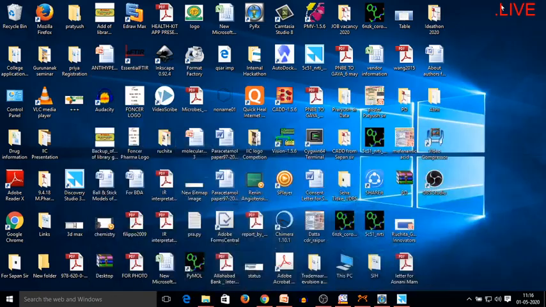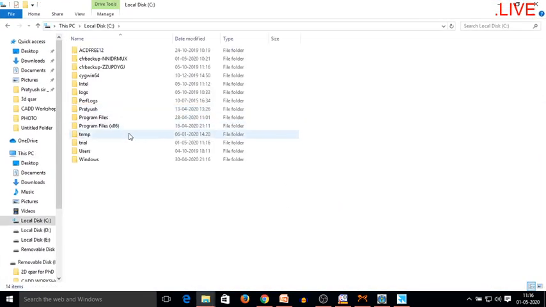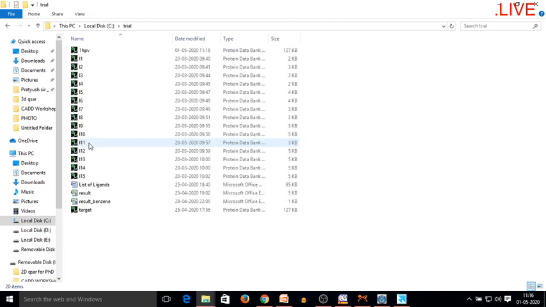I have to check whether the file was adequately saved or not. So I will go to my C drive. If you remember, I made a folder named trial. Now you can see that this is 1HPV and the date is 1/5/2020 and the time is 11:16.